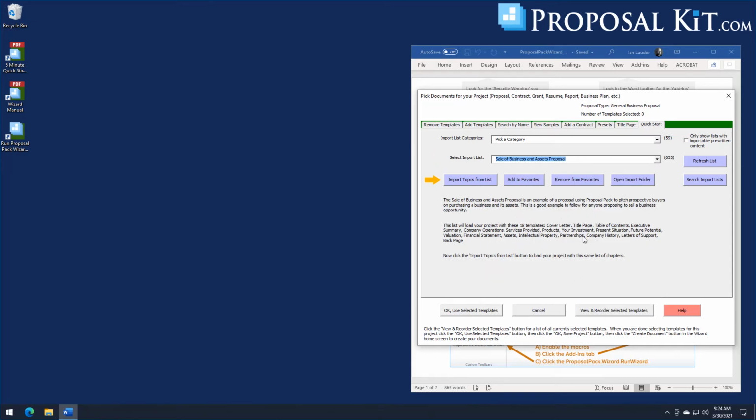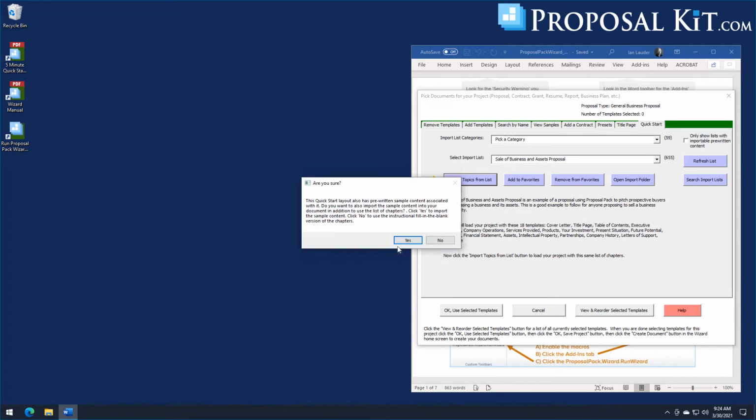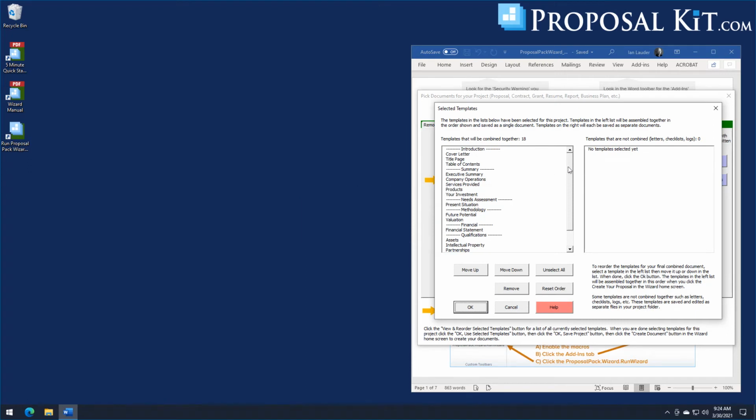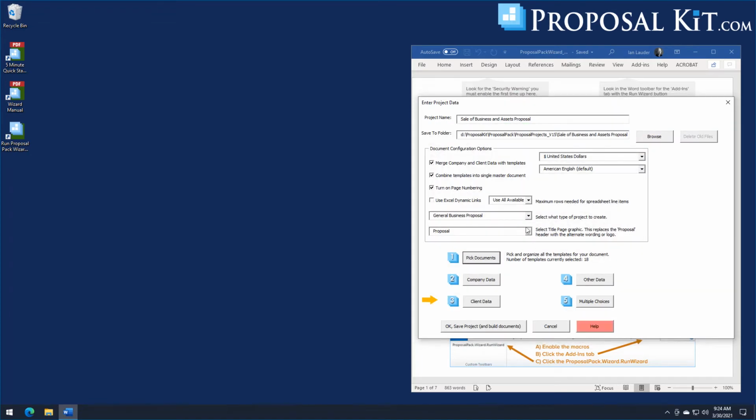So this time we have 18 chapters, and the chapter list is completely different from the joint venture. We'll import those, and it's going to tell us there's a sample as well, so we'll import the sample content. So here's our 18 pages for this type of proposal. And again, we can go over to the Add Templates, we can go to the Search by Name, we can add additional chapters, reorder them, remove chapters, and once we're done, click the OK Save Project,